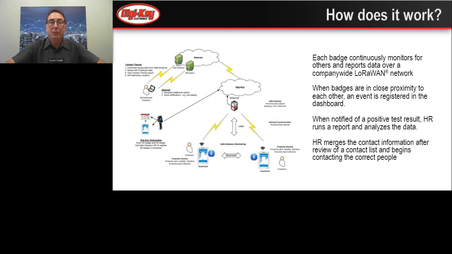In addition, real world is kind of messy, right? So you may have a case where employee A has tested positive for COVID-19 and is around employee B. But then employee B is around employee C, and that may be a proximity event that you need to understand. The contact tracing report that DigiKey uses is multi-level, so they can get a very good understanding of the impact of a COVID report on their workforce and how to keep the maximum number of people safe and healthy.